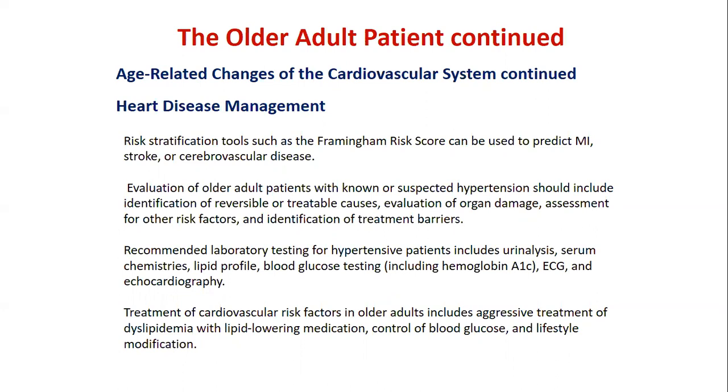Evaluation of older adult patients with known or suspected hypertension should include identification of reversible or treatable causes, evaluation of organ damage, assessment of other risk factors, and identification of disease barriers. Recommended laboratory testing for hypertensive patients includes